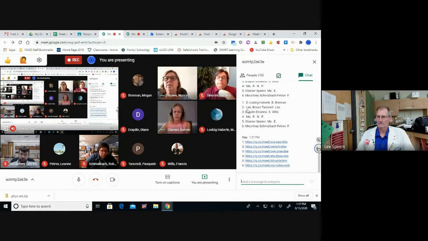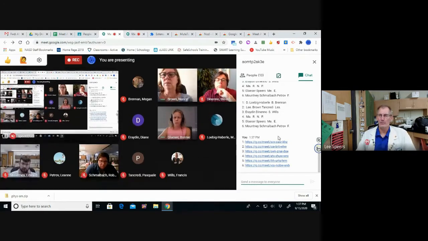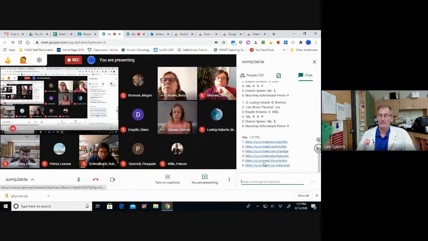So these people would go into meet 2. So it generates all those rooms for you. It generates all the names so people know where to go. You are going to have to open each one of those meet rooms, though, because without you being in it, the kids won't be able to get into the meet room, which means you're going to have like 7 meeting rooms open,